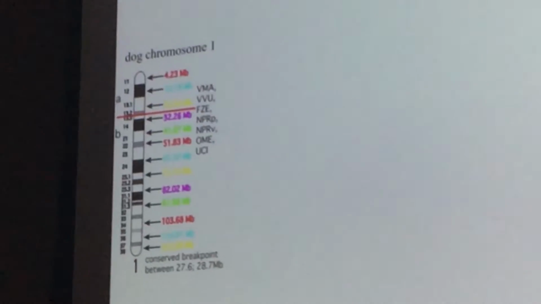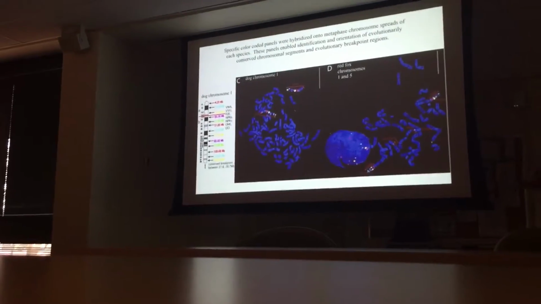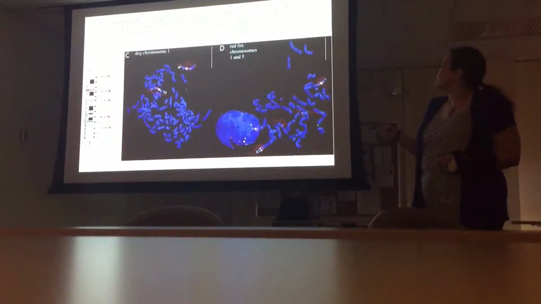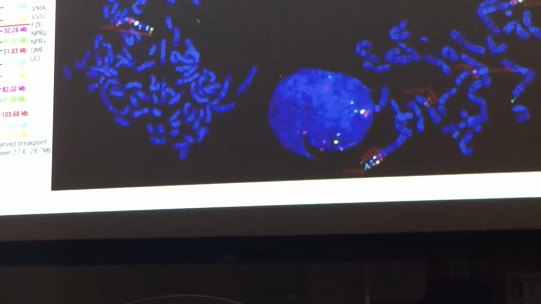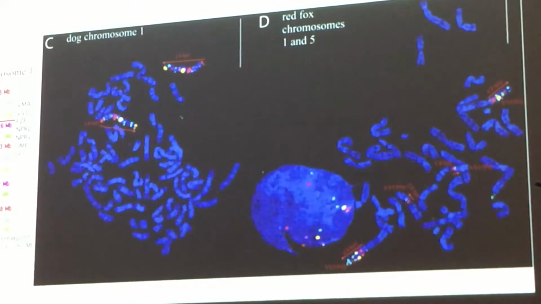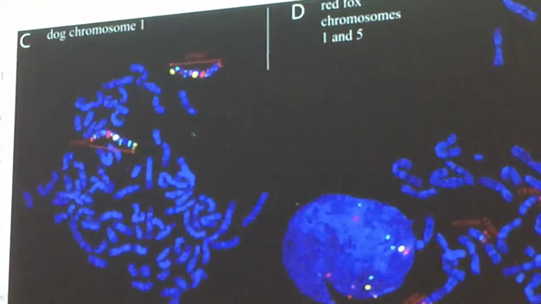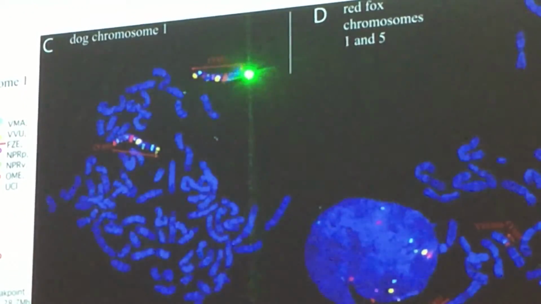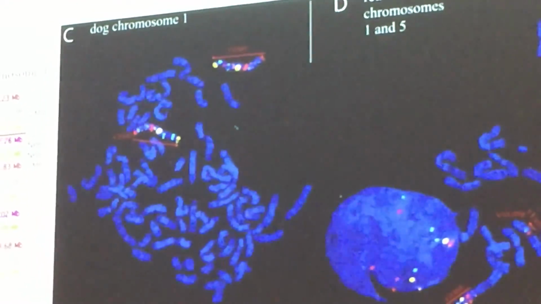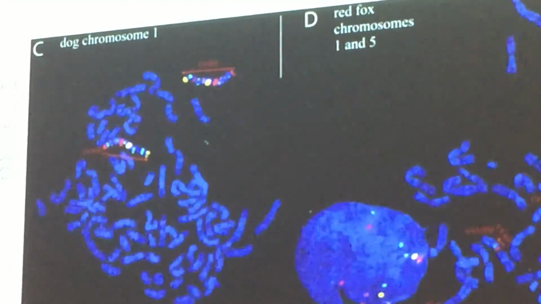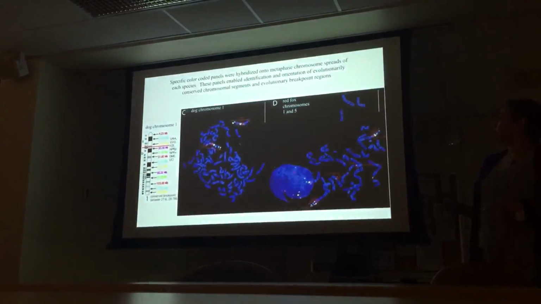So in this example, chromosome 1 probe panel was applied to dog. So this is dog metaphase chromosome spreads. So what you should be able to see is that here and here is where these chromosome panels have hybridized. And with the way that we've designed this, you can actually look at the order of the colors. So here you see red, then blue, then orange, and so on, down to the bottom where there is blue and yellow. So you're able to not only identify the chromosome region where this lies, but also the orientation of the segment. And this is important because previous techniques